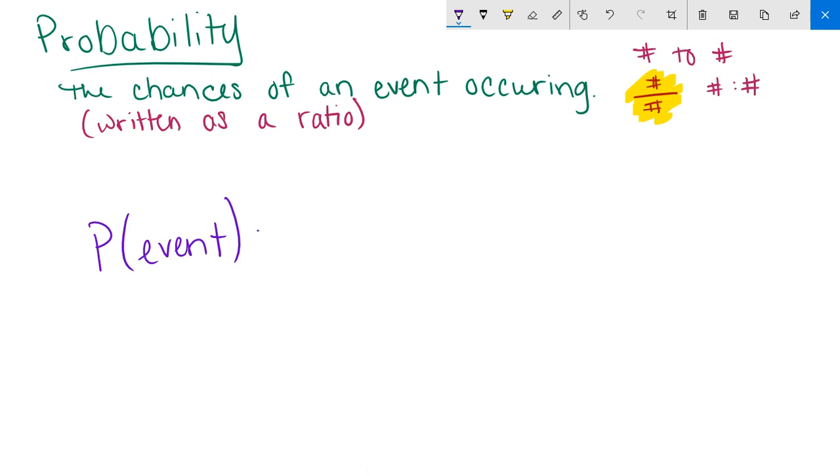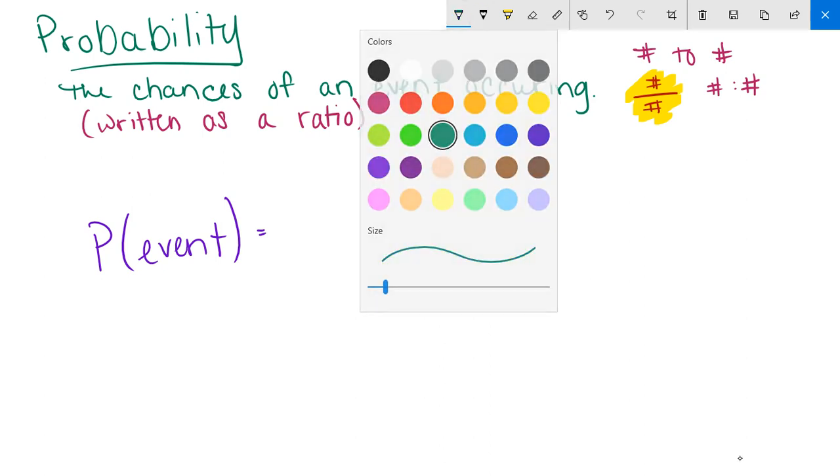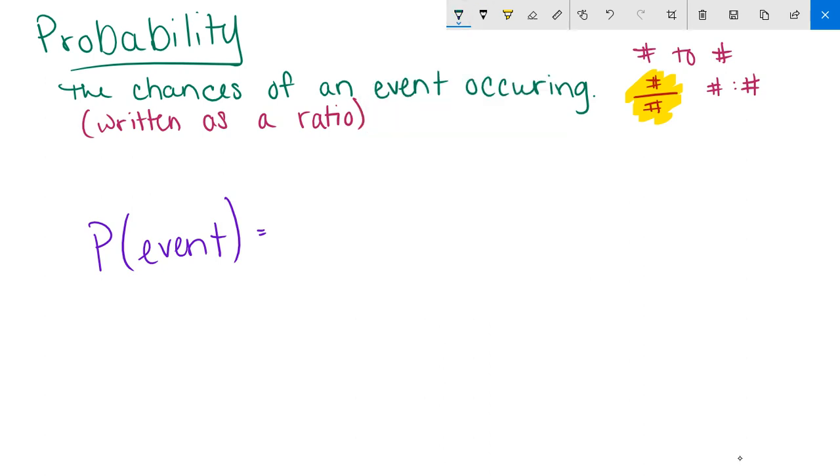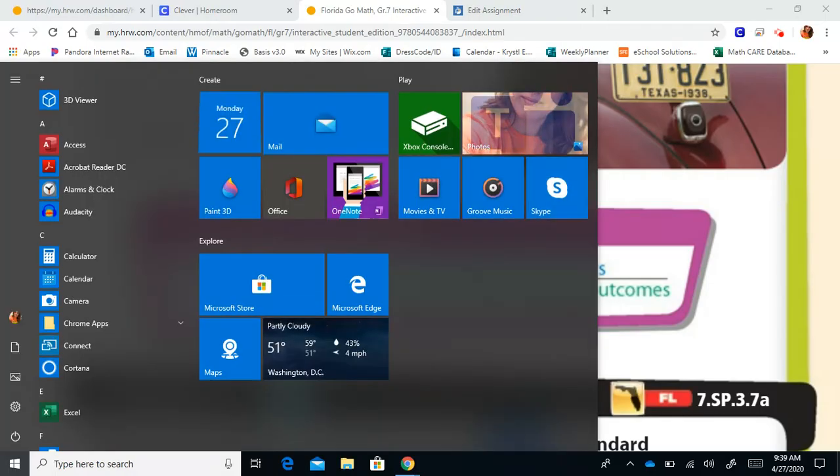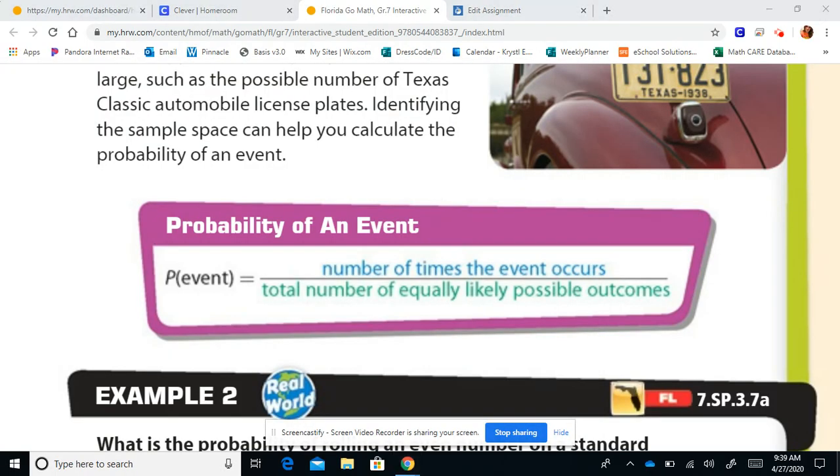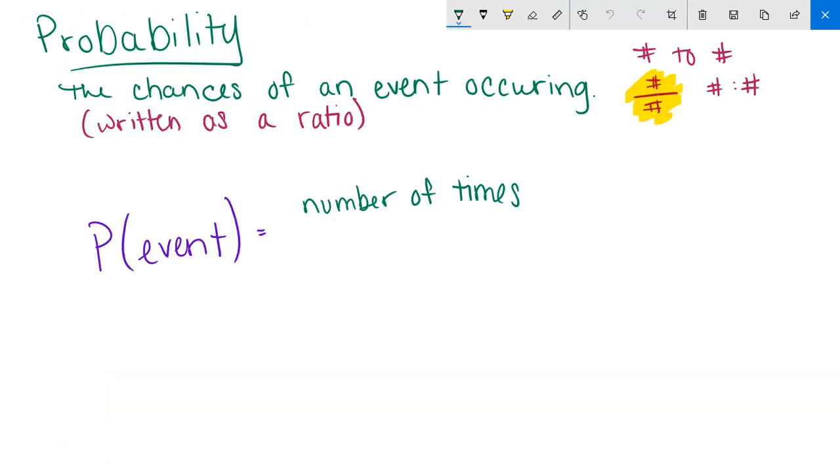And the probability is going to be equal to the number of times the event occurs